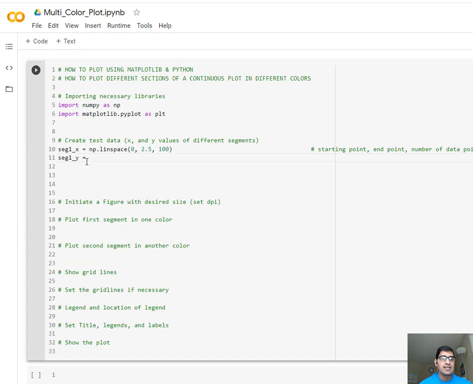And then for segment 1 I'll create the y variable values. You can set any expression, or your own data. So I'll use, for example, 5 plus 2 times segment 1 x, say cubed. Okay, and for the second segment I'll use the segment 2 x variable, and for the x variable I'll use